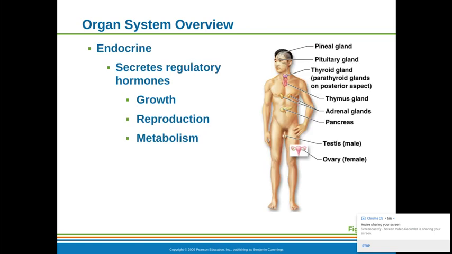Now, the endocrine system. So this secretes regulatory hormones. For the time being, we're just going to leave it at growth. It regulates growth, reproduction, and metabolism. Now, metabolism refers to the sum of all physiological processes within the body. So if you say you have a high metabolism, what that actually means is that your body can more readily break food sources that are brought into the body down, and that's kind of a misconception that we'll talk about